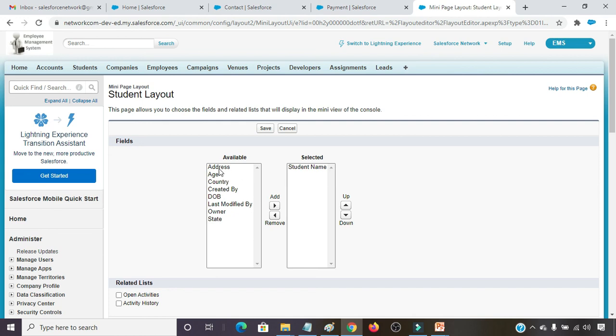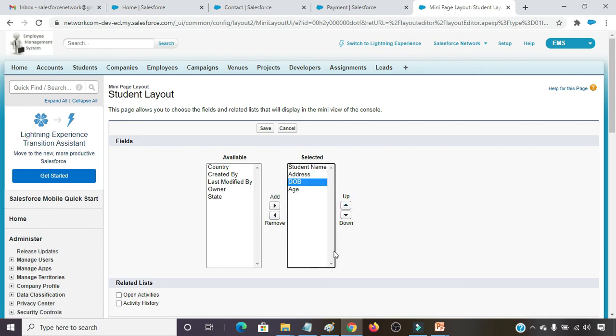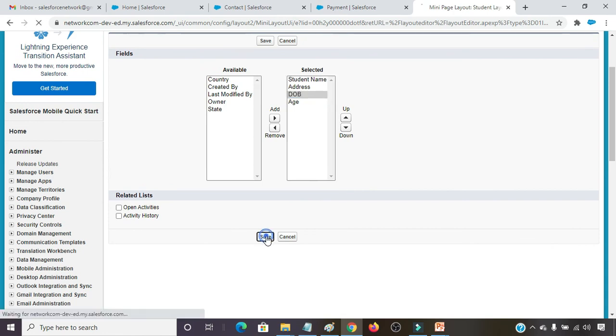So I am going with the student name, address. For selecting these, just press the control button and choose the fields you want. I am going with the student name, address, age, and date of birth. Click on add button and I am moving this one up and simply clicking on save button.